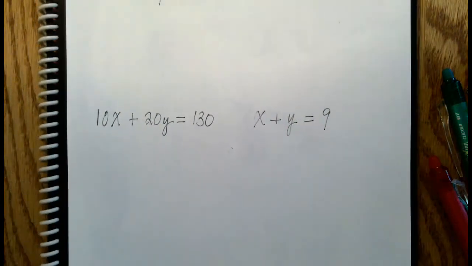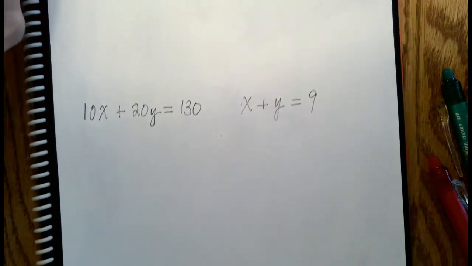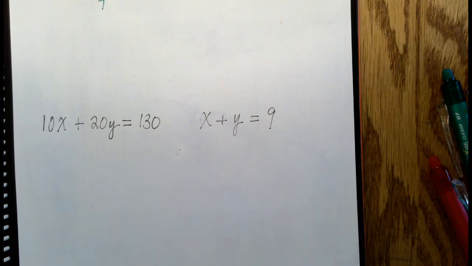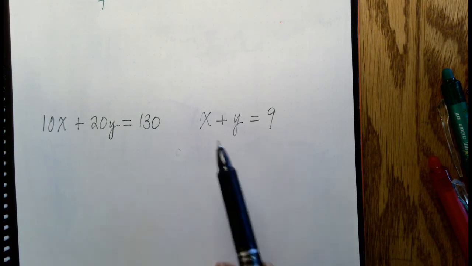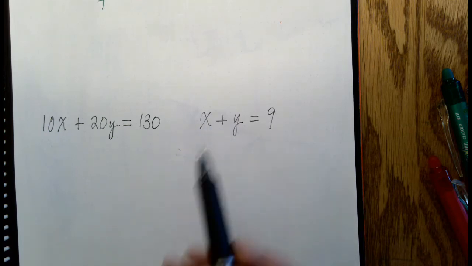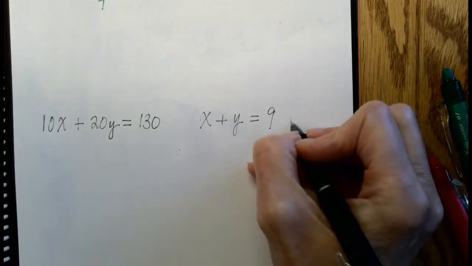So when I scoot that up here so we can see everything, what's going to happen now is that I want to find a variable that has a coefficient, a number in front of it, of 1. And what we've got is an x that has a number of 1 in front of it because nothing's written, or a y with a number 1 in front of it because nothing's written. So we're going to rearrange